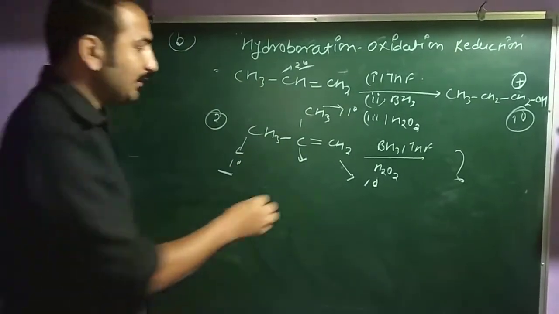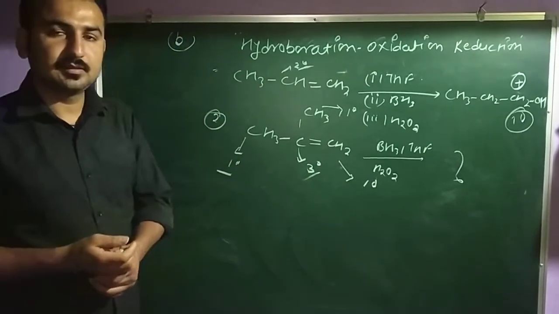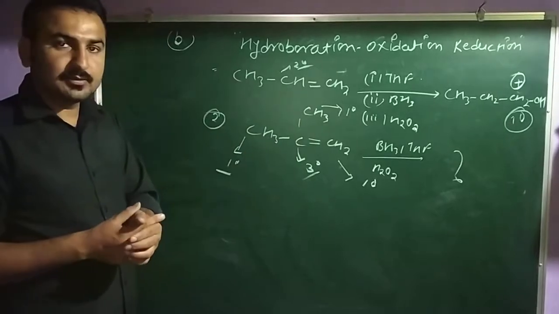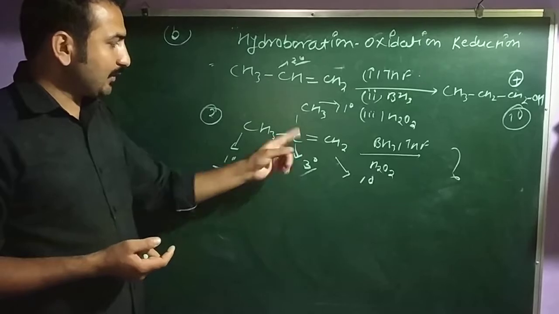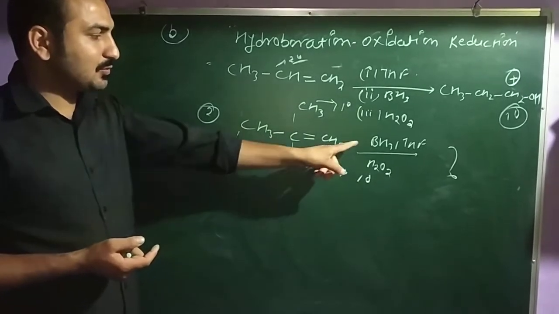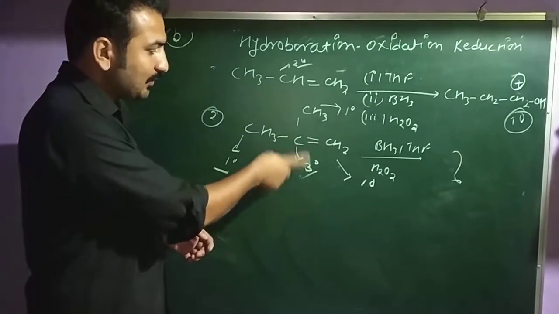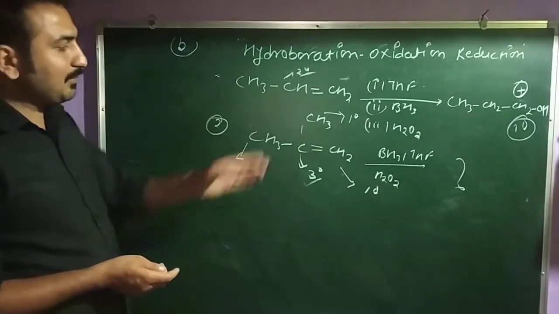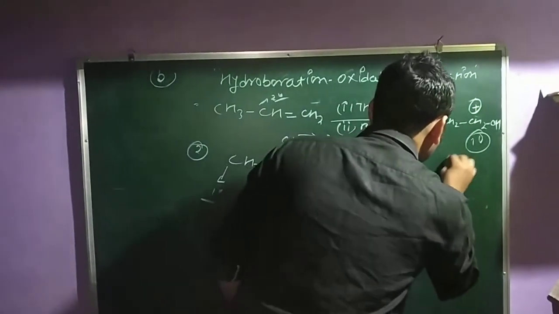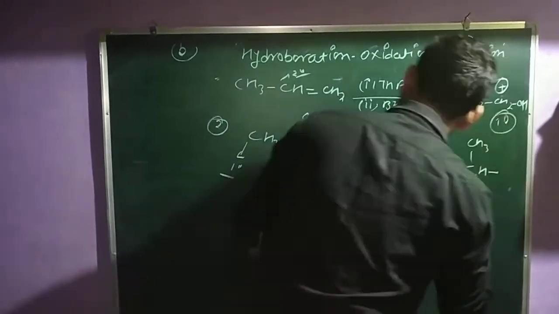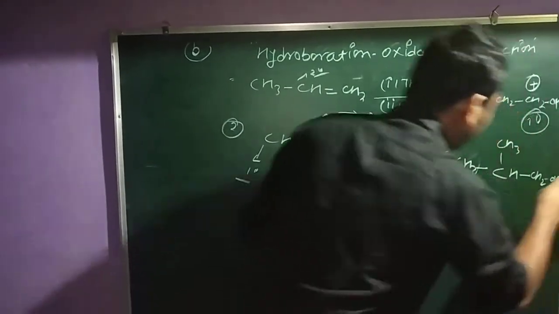So the carbocation will form at the 3rd degree, there are chances of attachment, because here is 1 double bond. The double bond obviously will break. CH3, C, H, 1 bond CH2, or you can say this is the CH3. Clear? This also has the chances to attach OH here. So what will be the product? CH3 you have, and you have the CH3, CH, and again you have the CH2, and again you have the OH.